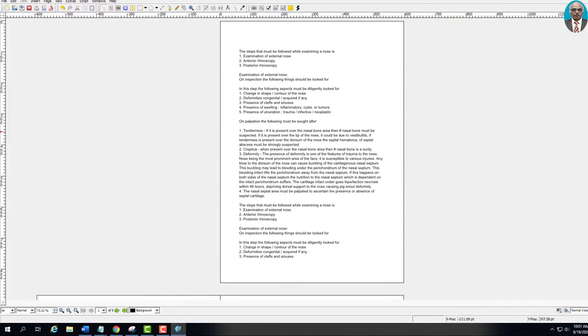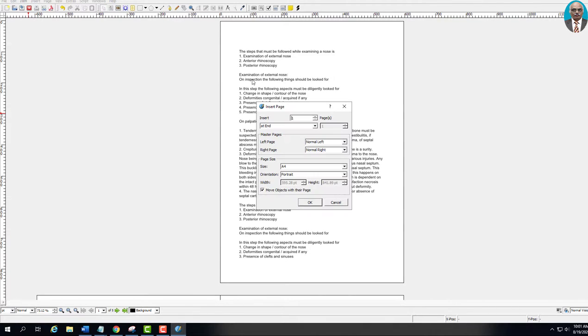And then the page menu. Let us explore what you see in the page menu. This is the page menu. Using this page menu, you can insert pages. For example, you can specify the number of pages to be inserted, say 3, and then choose at the beginning or at the end, or before some page or after some page. If you want to insert a master page, you can also choose the master page to be inserted. Here you can choose the size of the page to be inserted and then the orientation of the page. Even if you are creating a document in portrait, you can still change the new page into landscape by using this page orientation feature.